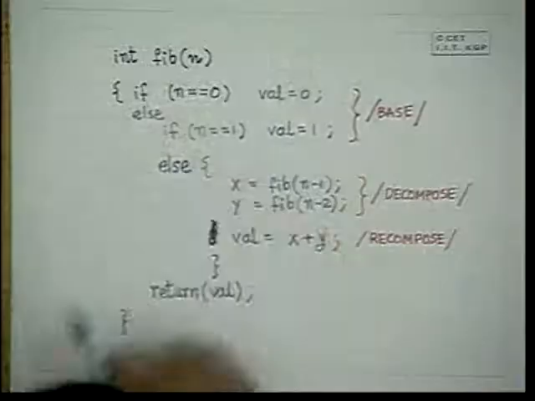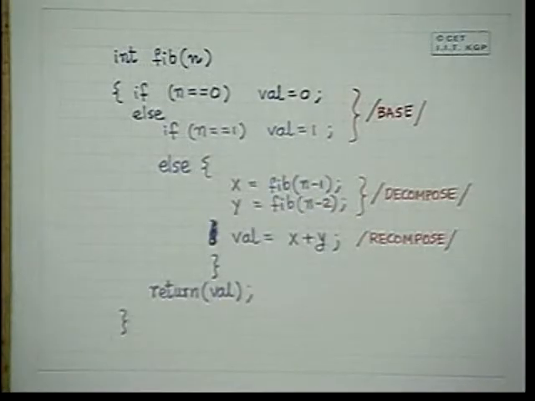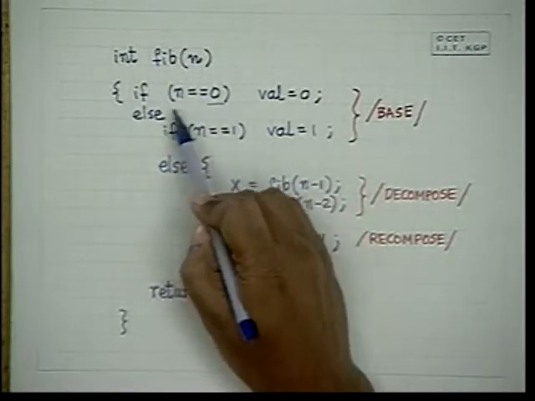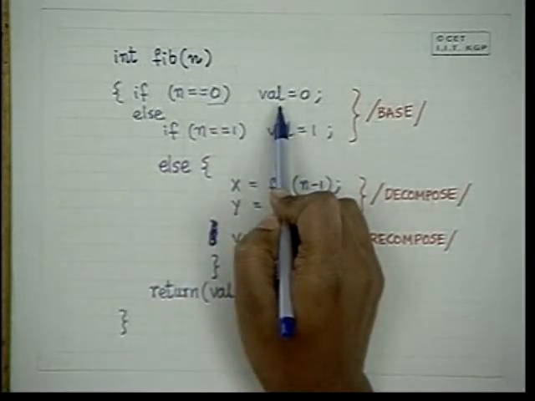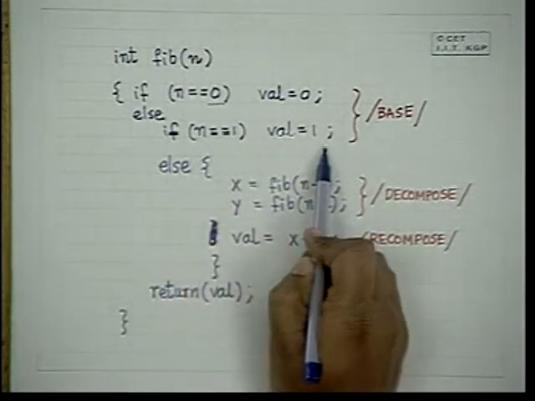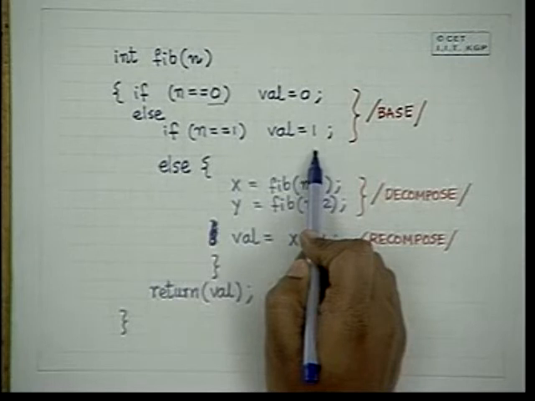What is the complexity of this? If n is equal to 0, then it is one check, constant time. If n is equal to 1, it is constant time. Otherwise